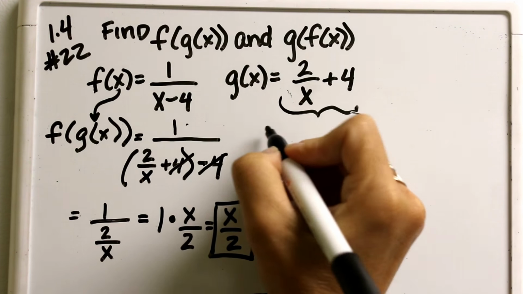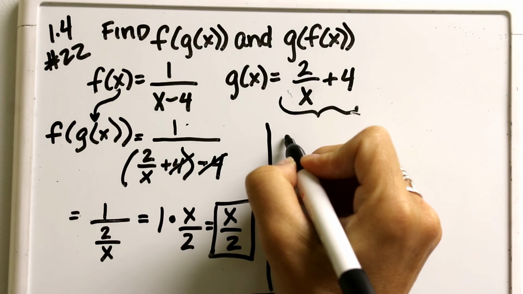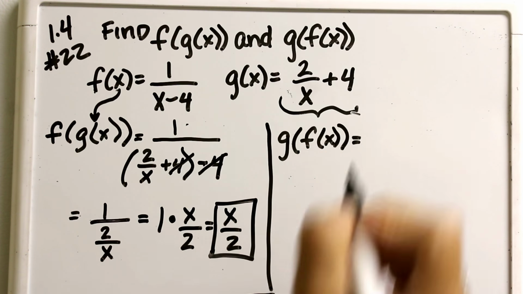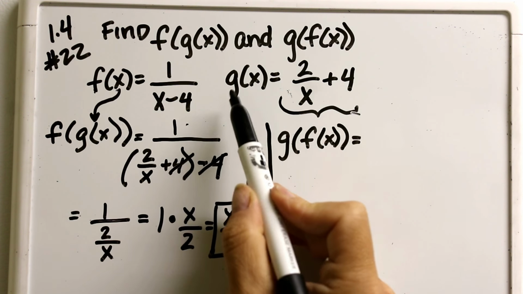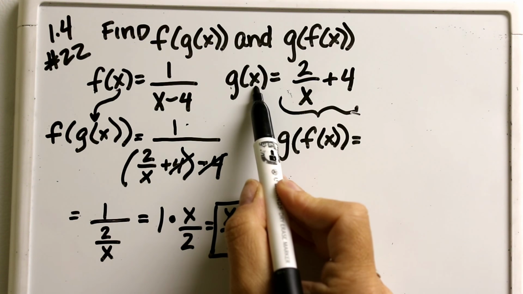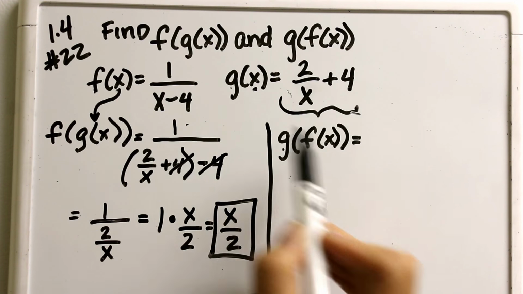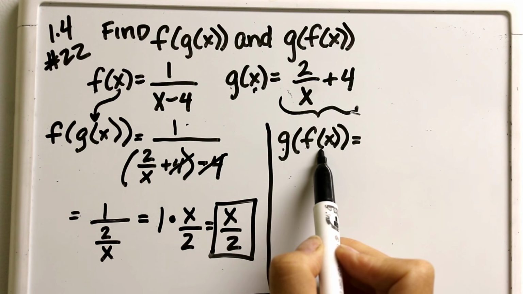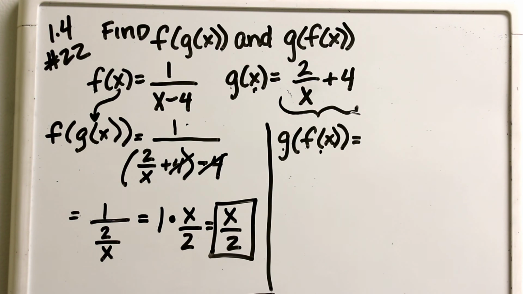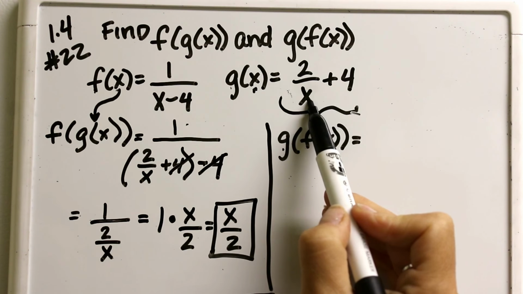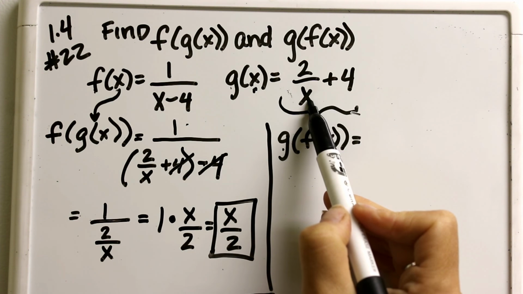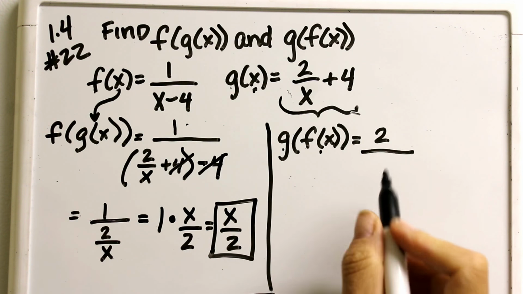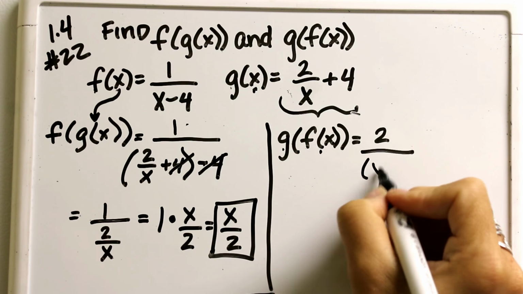In the second case, we are asked to find g of f of x. Instead of our g of x, we now have g of f of x. So in place of the x, you can see they put the entire f function. So that's what we're going to do. In place of this x, we are going to put the entire f function. So I have 2 over the entire f function